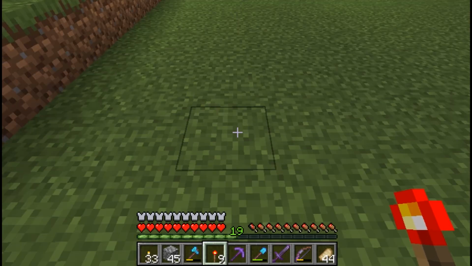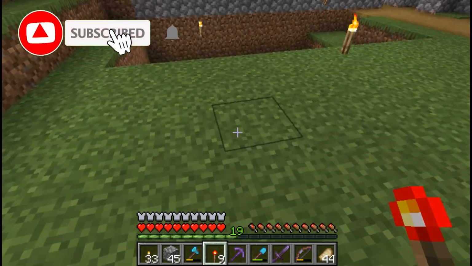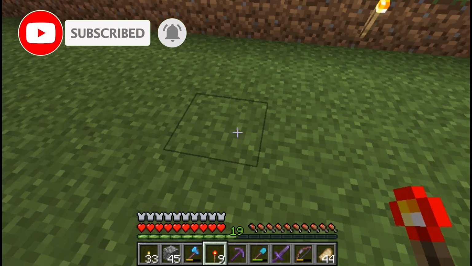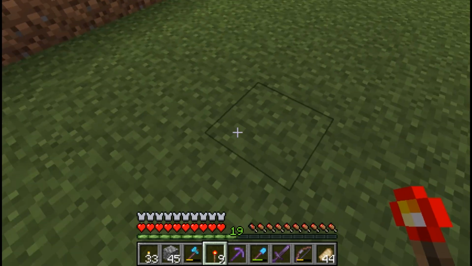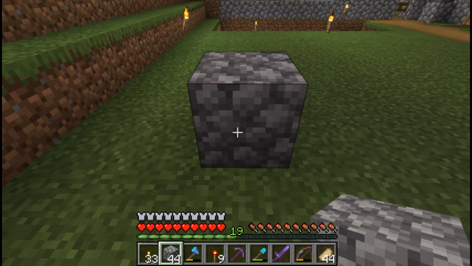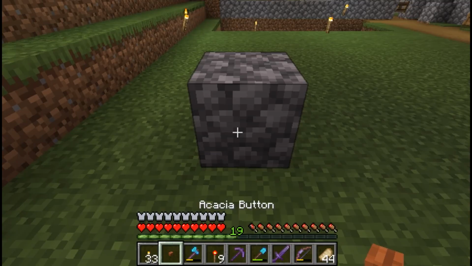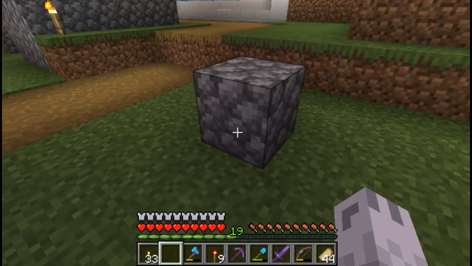So this is basically going to be 6 blocks long. So wherever you want to end it or start it, let's see, 1, 2, 3, 4, 5, 6. So let's start this one right here. And the first thing you want to do is place a block, grab your button, throw that on the front, and then come around to the side,